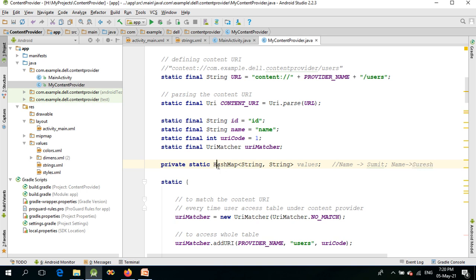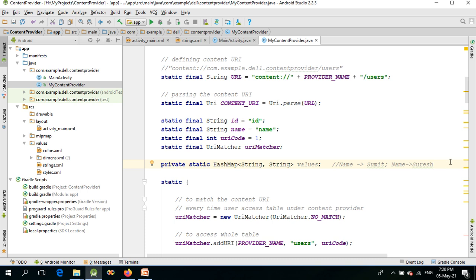So as this is an array, at the second index it will store this key value pair, and at the first index it will store the other key value pair, and these key value pairs can be accessed using the index value of that particular array. In this way, this hash map will contain n number of key value pairs depending upon the data